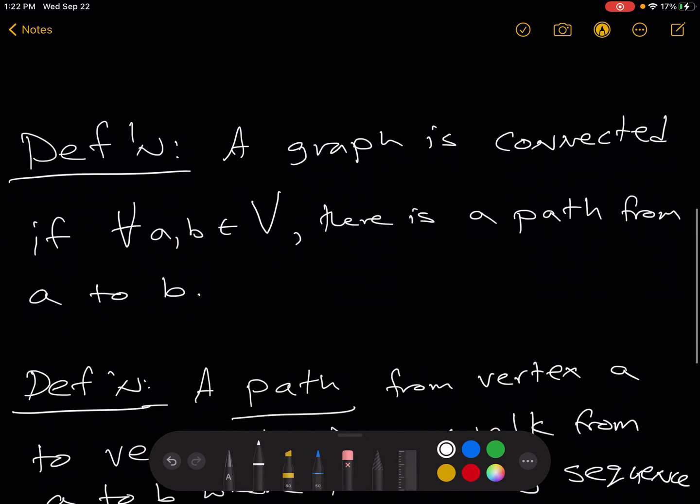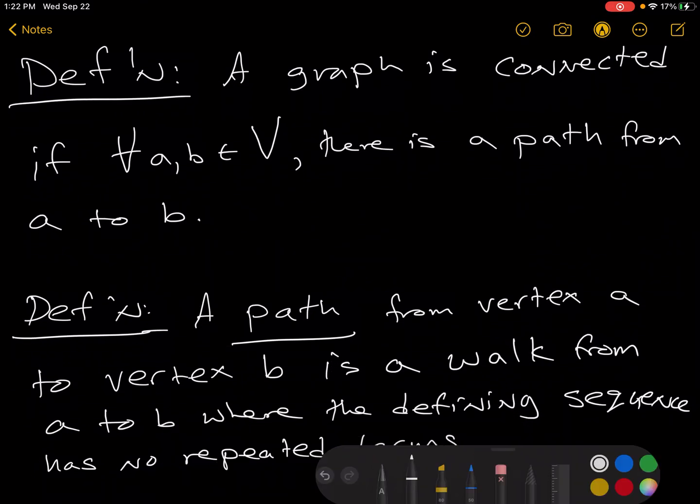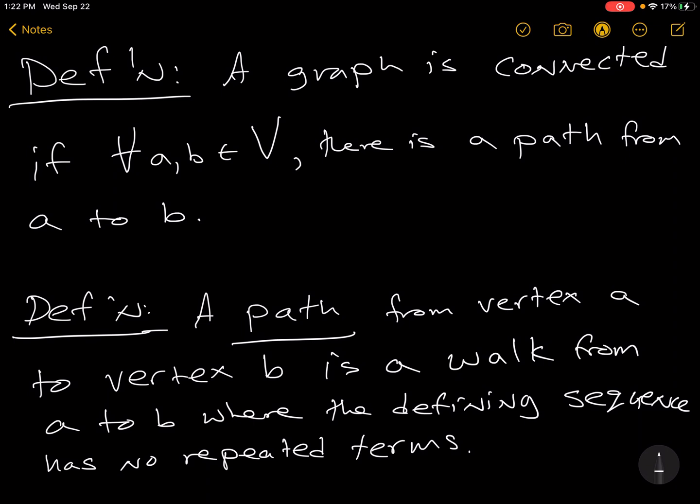So it all comes down to a few definitions. First, a graph is connected if for all A, B in the vertex set, there's a path from A to B. So maybe let's look at that a little bit. Let's say that, for example, we have this graph G that looks like so. A, B, C, D. So this graph is connected because no matter which two vertices you pick,